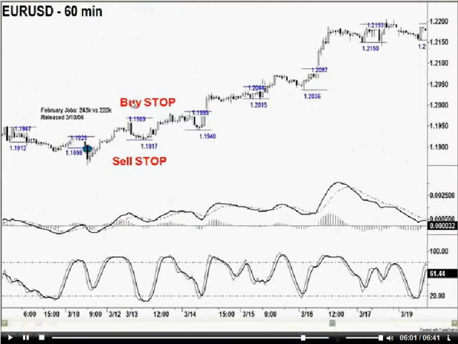Let's look at one more example. So this is Friday. You ignore Friday, you ignore Monday. On Tuesday morning, you place a buy stop order 15 pips above the high of the daily chart of Monday and a sell stop order 15 pips below the low of the daily chart of Monday. In this case, it's gone all the way up. It would have triggered your buy stop order. Now make sure you exit on Friday in the same week. So this is the end of the non-farm payroll strategy.